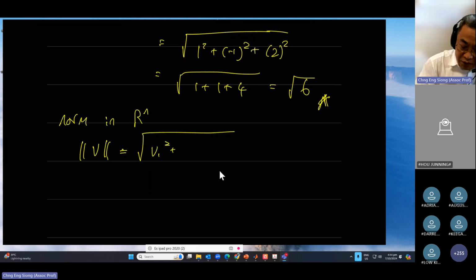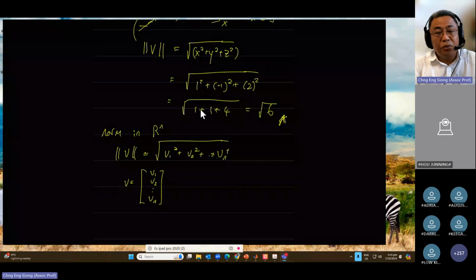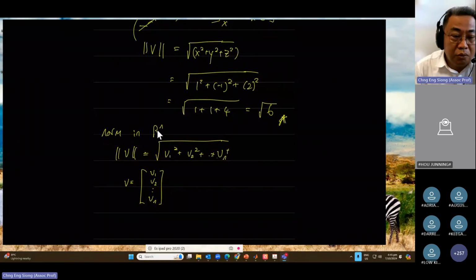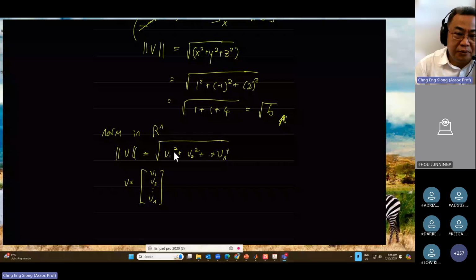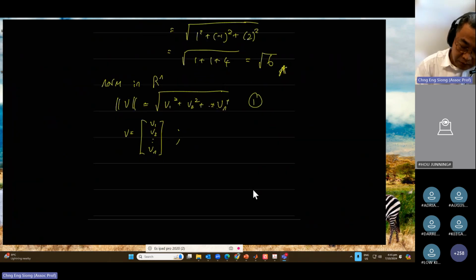V1 squared plus V2 squared plus up to Vn squared, where V is equal to (V1, V2, ..., Vn). So you know how to do norm in R3, and you know how to do norm in Rn. And we write this equation. Actually, this equation is very, very tedious to write. We never write norm like this. So instead, what do you think we do? This is the first way we write norm. The second way we write norm is, guess, guys,